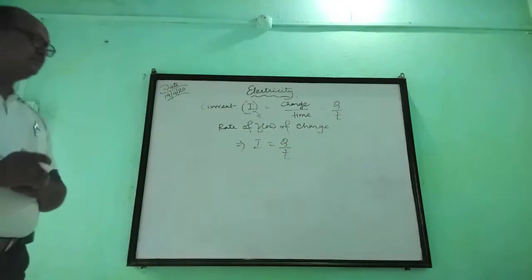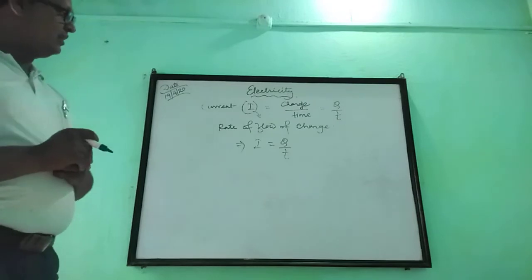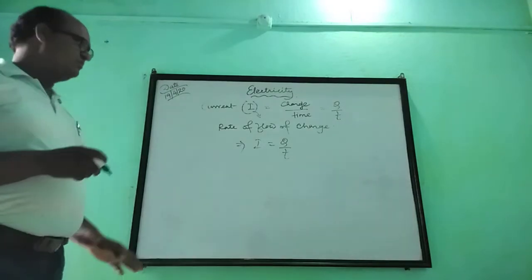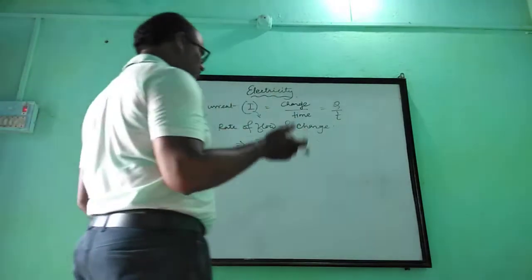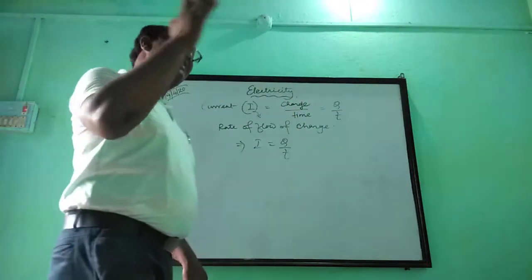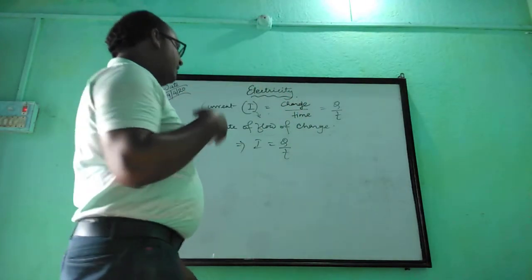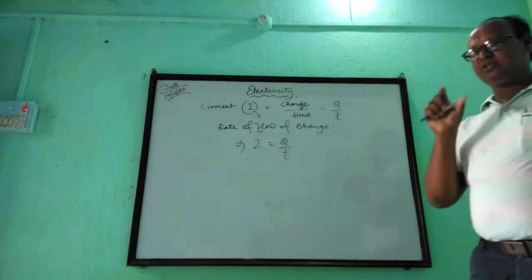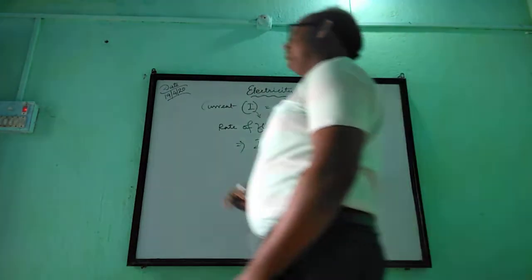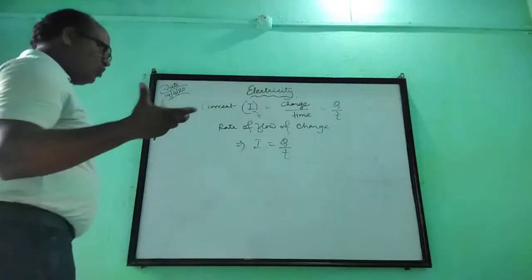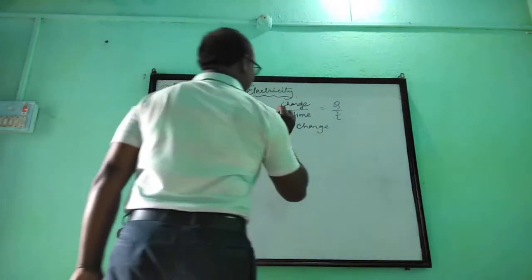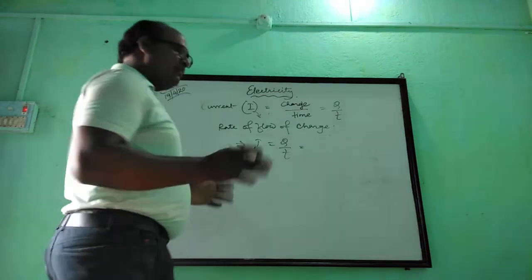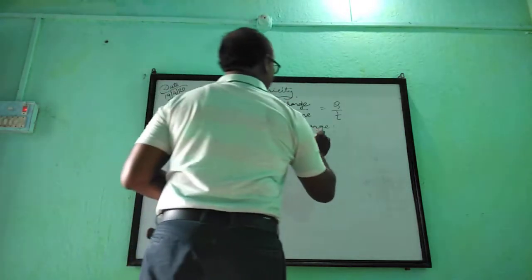We know that the amount of charge is very negligible. Its value is 1.6 into 10 to the power minus 19. That is why it is very difficult to catch a single charge. But we can easily count the total charge, that is Q. If n number of electrons are flown, n into E,